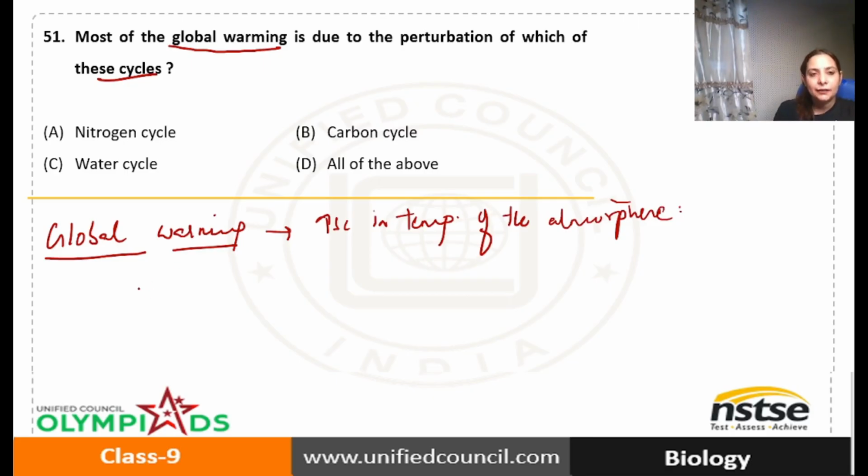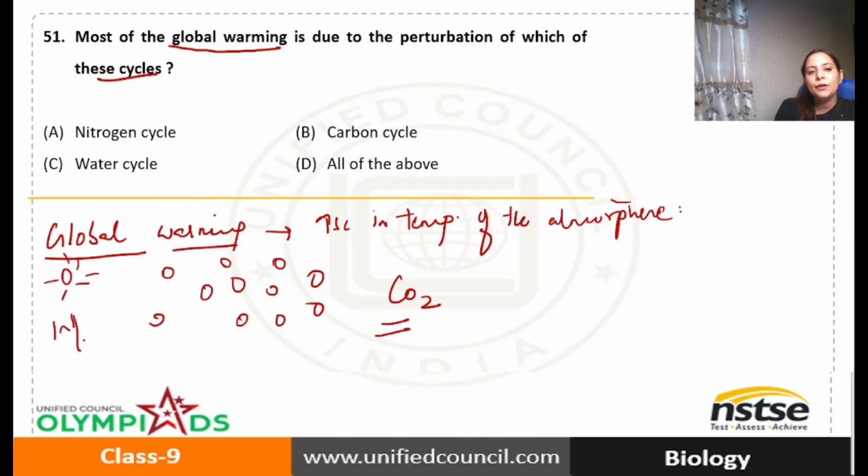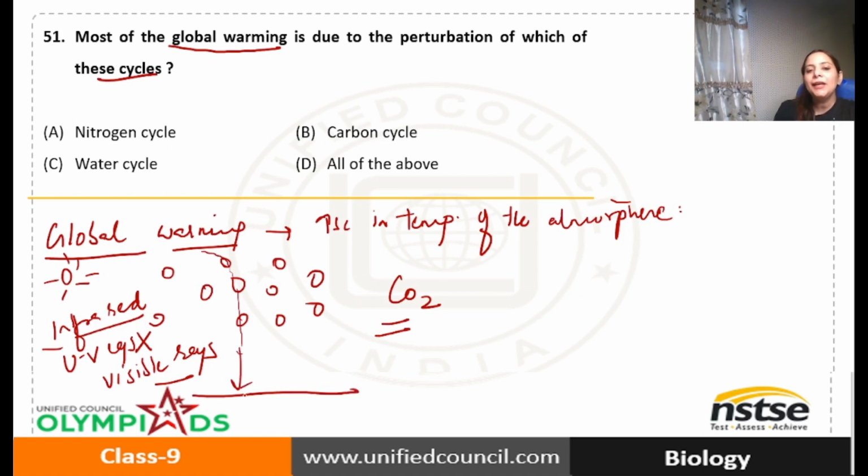Now how does it occur? We all know that carbon dioxide gas is one of the components of the air. Now this gas has a property. When sun rays come, we know that sun rays consist of different rays. You have infrared rays, UV rays, and visible rays coming from the sun. Visible rays are not harmful for us because they give color to everything that you see around. UV rays are stopped by the ozone layer, and infrared rays cause heating effect. When these rays come, the carbon dioxide molecules allow them to pass through, but when they strike the surface of earth, they get reflected back.